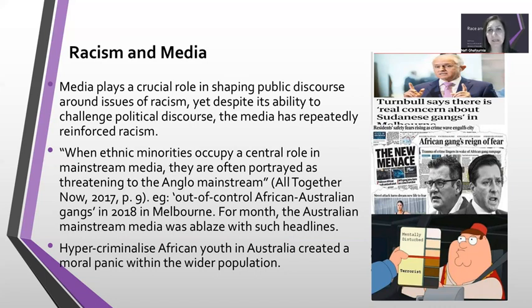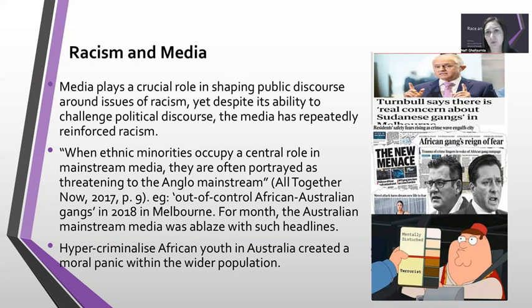In the media, especially on common media platforms, we rarely see minority groups at the center of news or any other media. And if the media is talking about a minority group, it always tries to vilify them and portray them as threatening Anglo mainstream cultures. A good example of that was the out of control African Australian gang in 2018 in Melbourne,